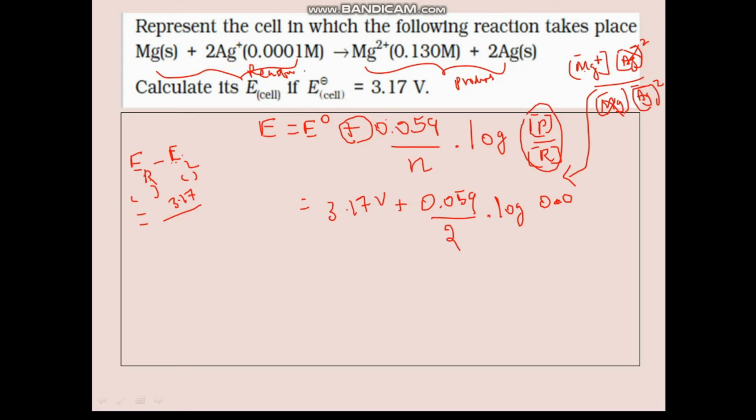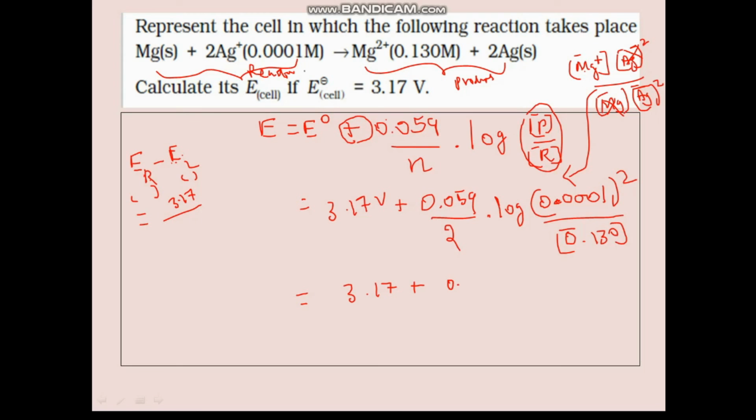Therefore that becomes silver ion is 0.0001 squared divided by magnesium ion is 0.130. Suppose when you reciprocate the values, that is 0.130 going to the numerator and 0.0001 coming to the denominator, then the plus is to be turned into minus, as I said earlier. Since I go by the plus way, I have to write in this order. Please note. Now simplifying these values and taking log,